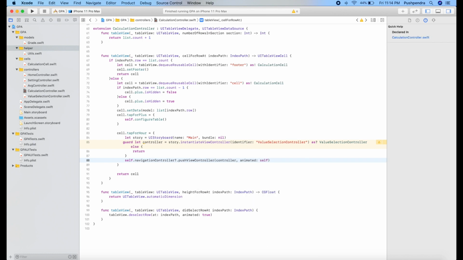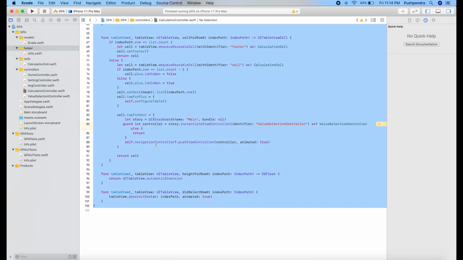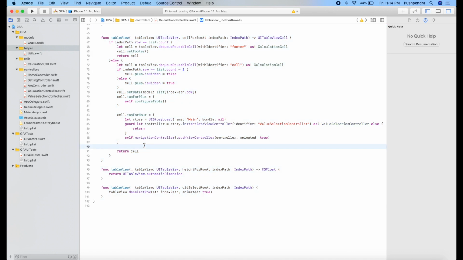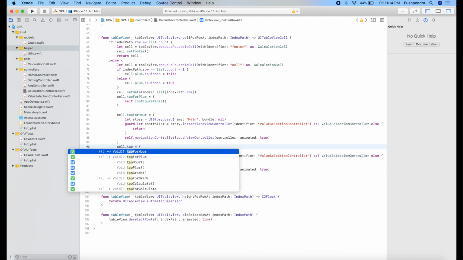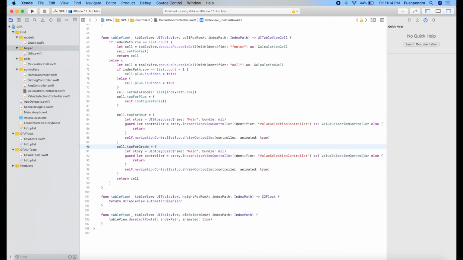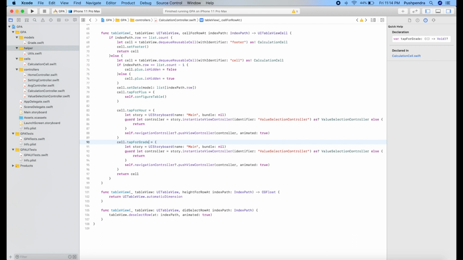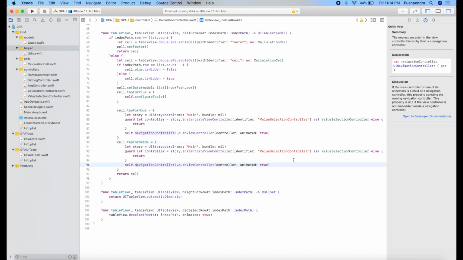Now self view controller, push view controller with animation true. That's great. Now I will use the same thing for the tap for grade button. So here I have grade and I have tap hour.